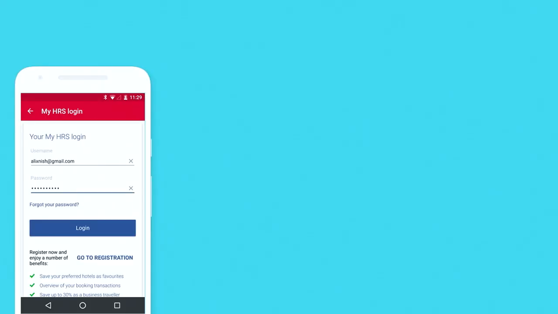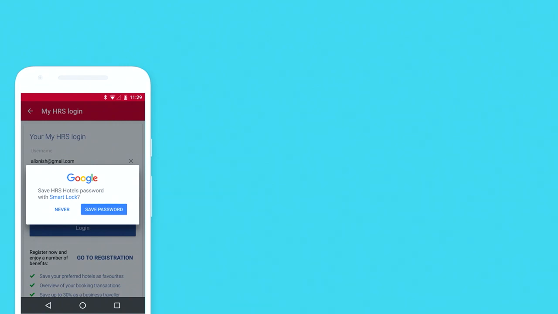And it would be even better if we could do it on the web. So let's walk through an example here with HRS. This is a hotel reservation app that Google actually uses for our own reservations, so I'm happy to see this available on the web. If you start in the native app here, you can create an account, do some searches, basically set up your entire itinerary, and then once you've created an account, you're offered to save that password, or save the account that you've used if you've logged in with Facebook or with Google.